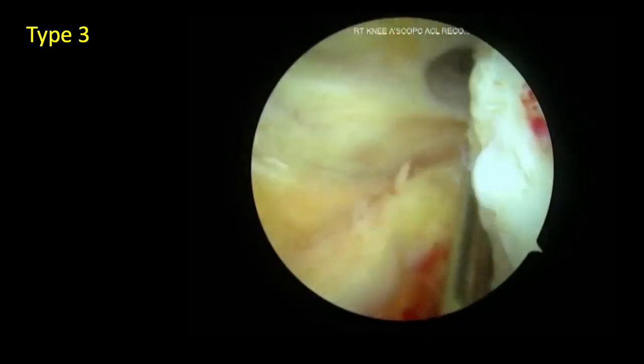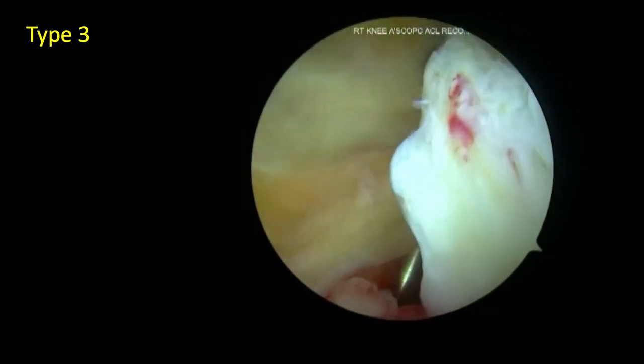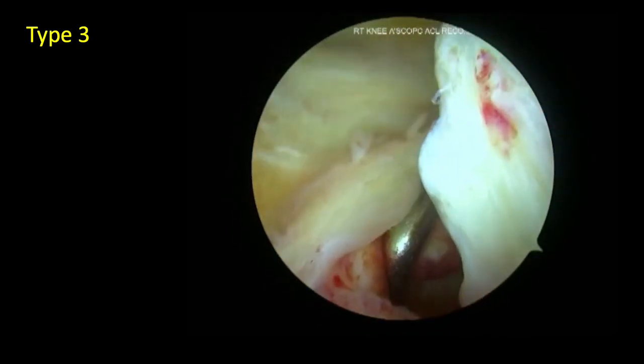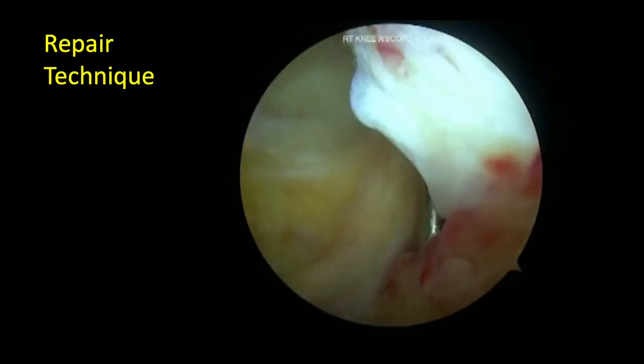Type 2 and type 3 injuries need to be treated with refixation of meniscocapsular ligament and meniscotibial ligament to the posterior aspect of the tibia. The repair technique includes